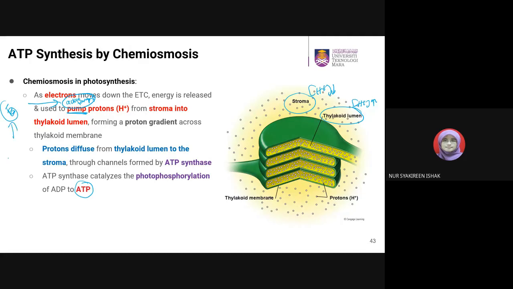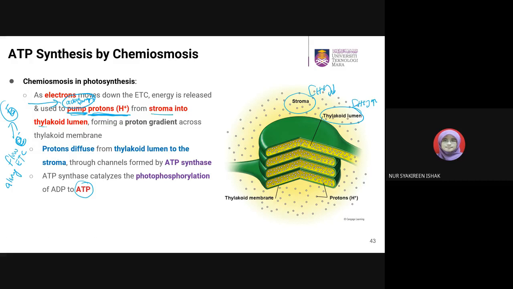Datang daripada the flow of electron along ETC. Okay, so itu proses pump. Pump ni adalah protein. Okay, transport protein lah, yang fungsi dia adalah untuk transport proton ataupun hydrogen ion